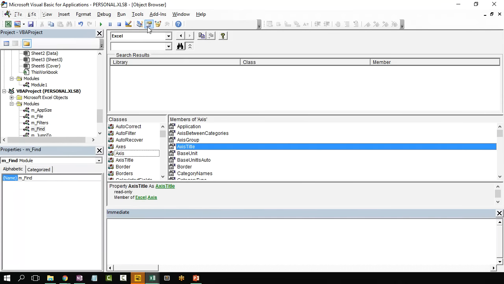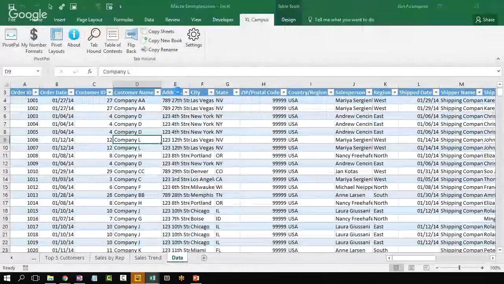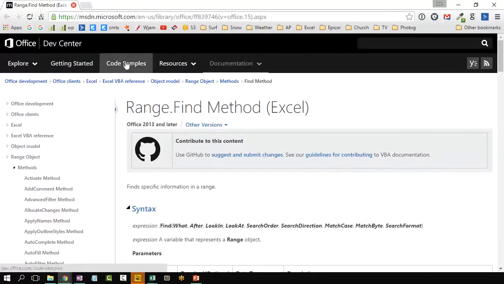One other thing you can do, though, and just close it here, is if you just type in a macro here, you can always select. So if, let's say we wanted to know information about the find method here, if I just put my mouse cursor anywhere there, you can see it's flashing there, and then hit F1 on the keyboard, that'll bring up the help. Let me pull it over here. That'll bring up the help page on the MSDN site for the range.find method. So I just hit F1 on the keyboard with my mouse cursor in there, and that brings up this page